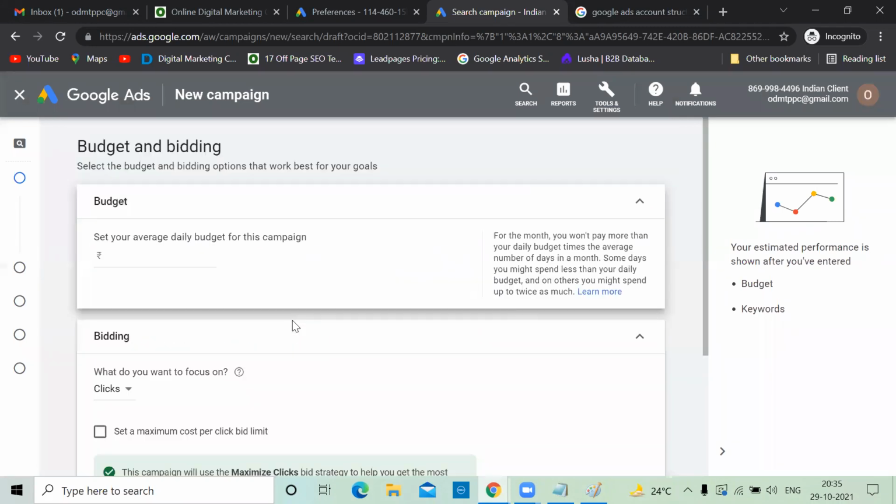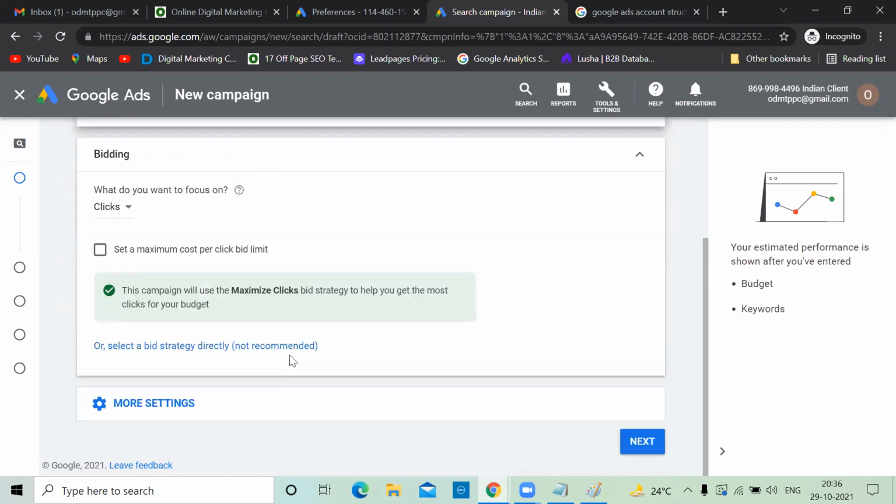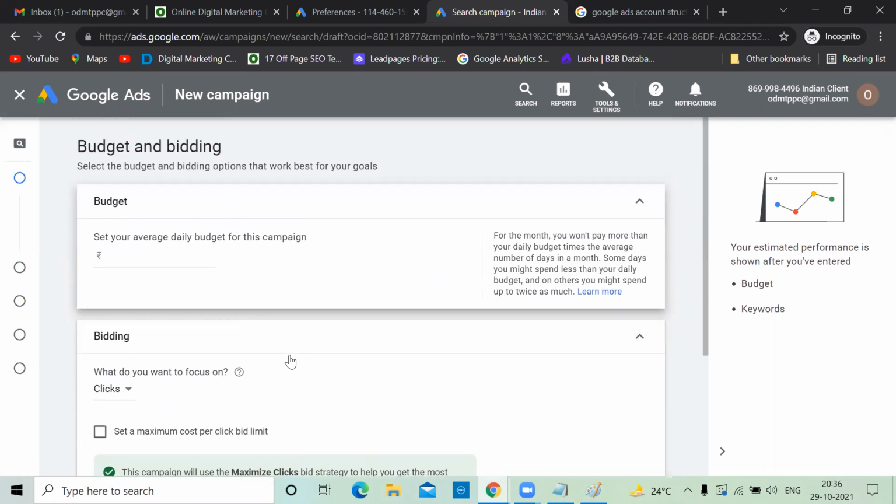Okay. But again, I'm telling you, new accounts sometimes come with new options actually. But once your account becomes older, there will be differences. So observe this campaign. Next, again, I'll create another campaign. There is a lot of difference. Let's see what he's saying.